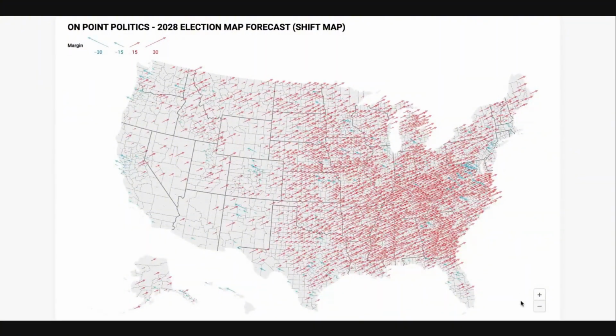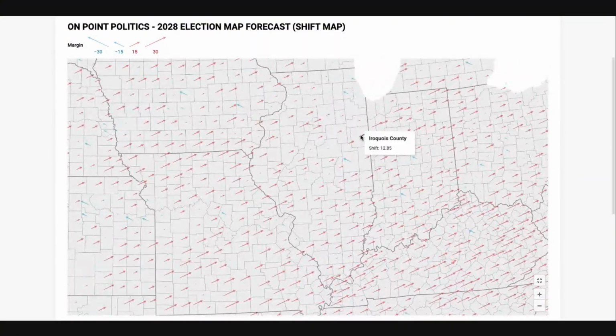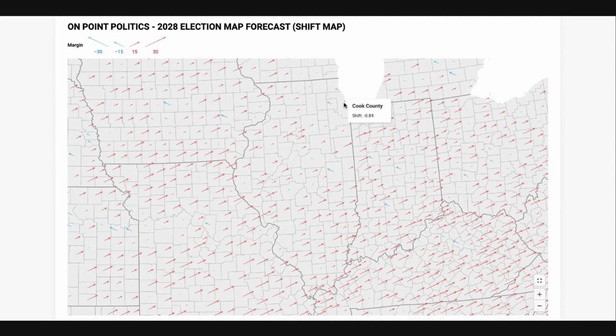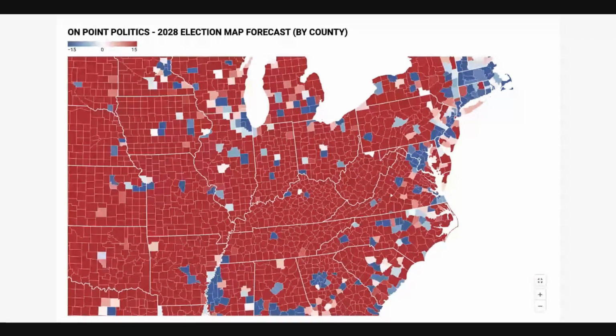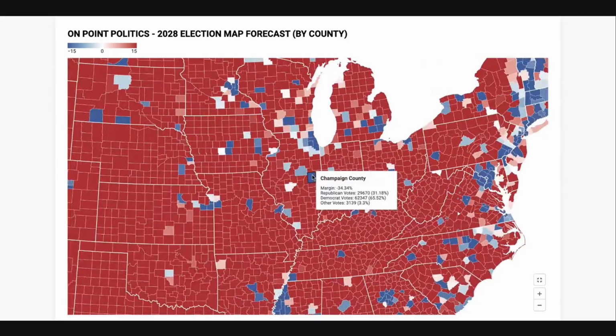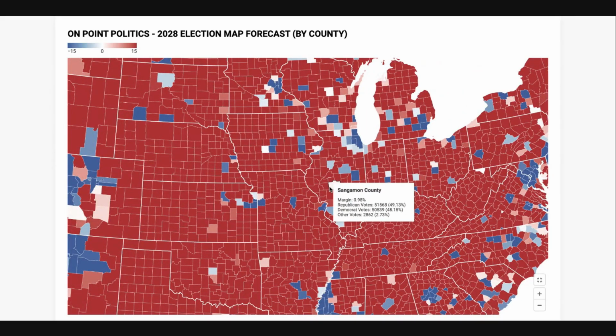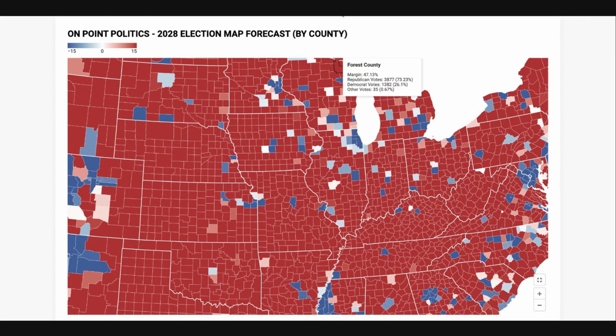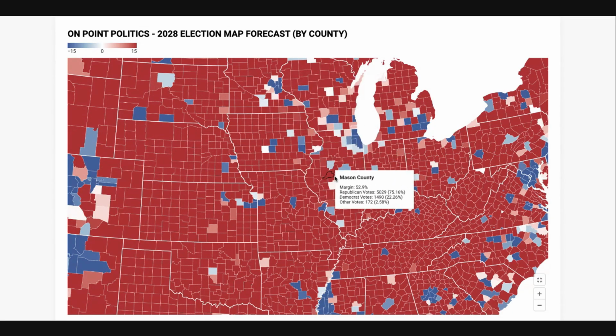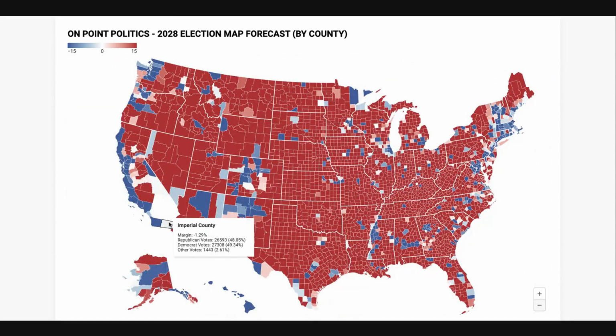And again, the reason why that's the case is because if you look, all the rural counties are having these humongous shifts. And even Cook County only shifts like a point left. It doesn't really have a huge marginal shift either. So that's really interesting. Champaign County ends up shifting about 11 points to the left, so if we were to go there, we would see that's already a pretty blue area. Cook County's not really shifting a lot, but you do see a lot of these rural areas shift massively to the right. So that's really what you're seeing here. It's an even further divide of rural and urban America in this election.